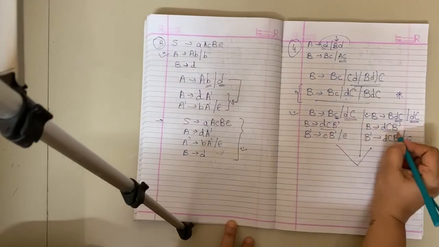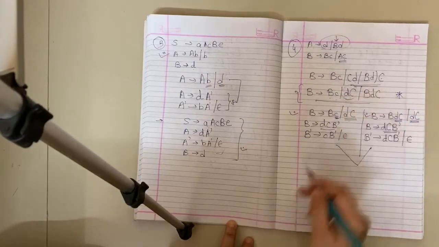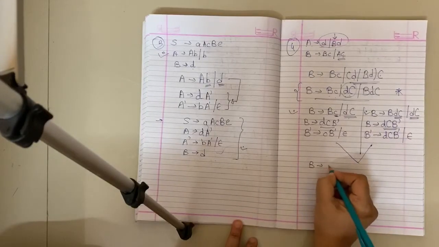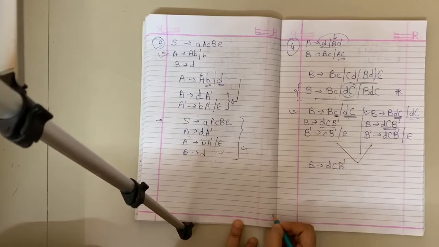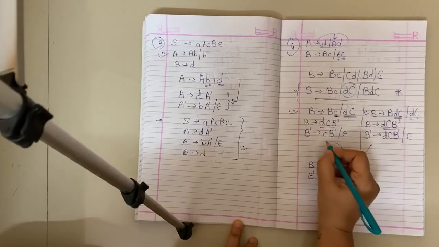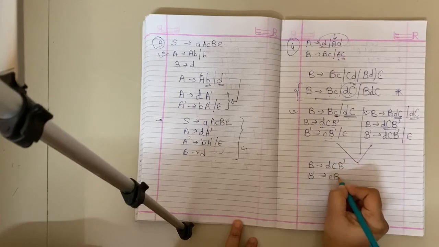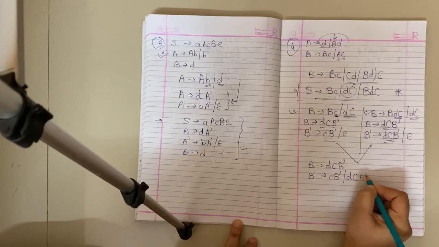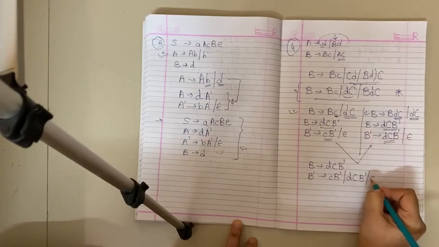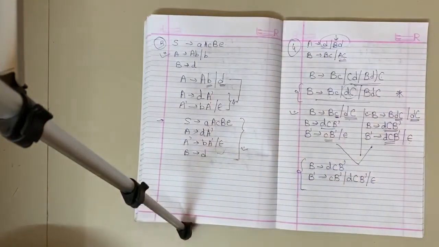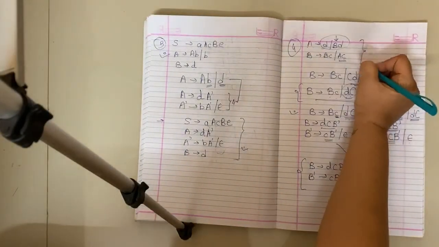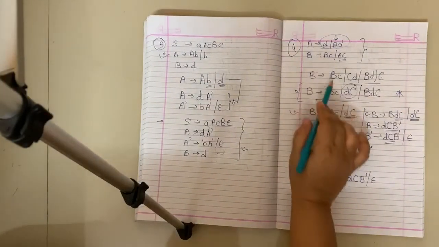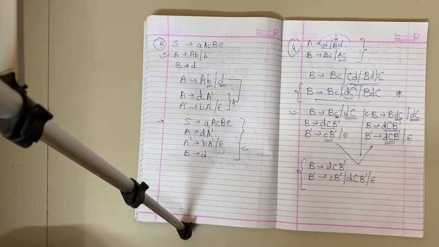And if you write both of them together, how are you going to write the rule? See, observe, this is common because you have used the common non-left recursive rule. So that is going to be written only once. So it is like B derives small d capital C B dash. B dash derives the first portion, that is small c B dash, the second portion, that is small d capital C B dash, and what is remaining? Epsilon. So epsilon is going to be added. So this is your answer. Non-left recursive rules for this. You can observe over here A has been entirely eliminated. That is the need, because if you don't replace, in that case you are going to have indirect left recursion.